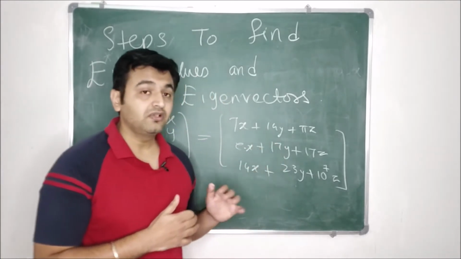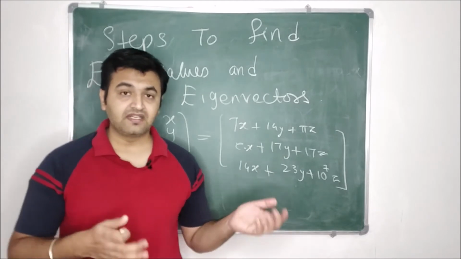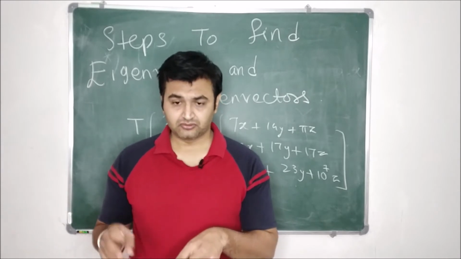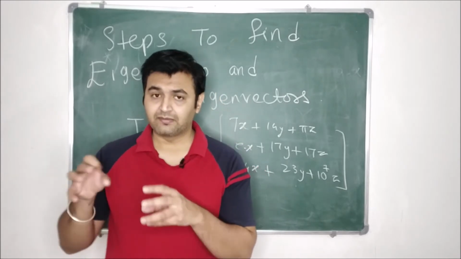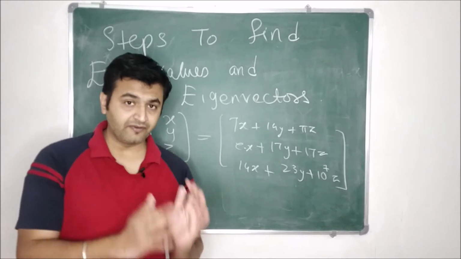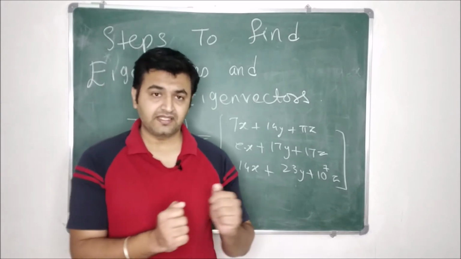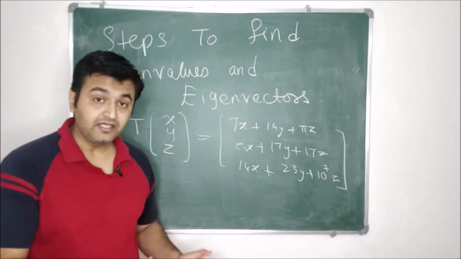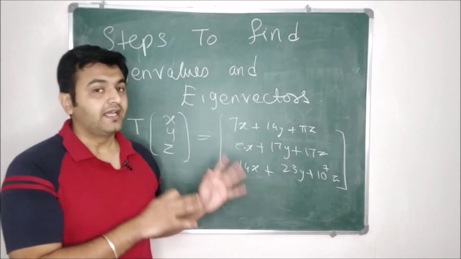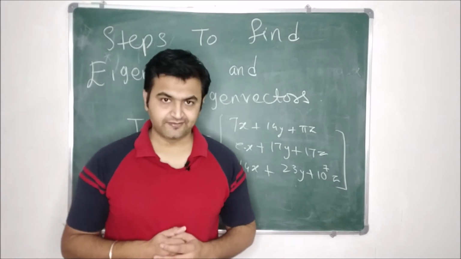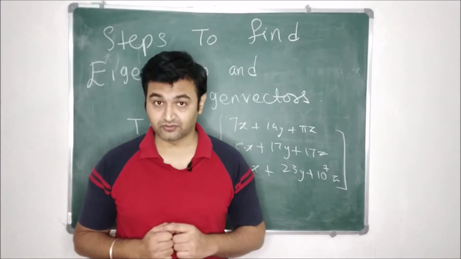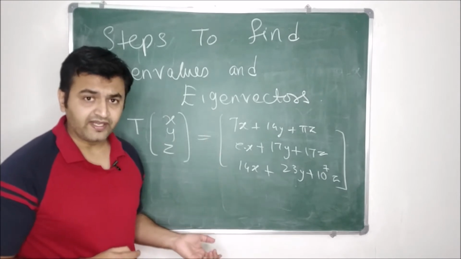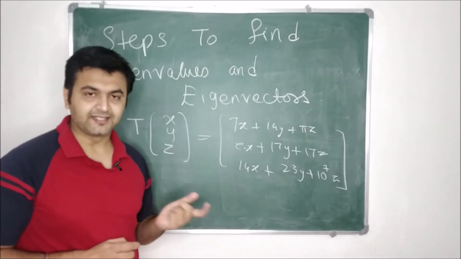While doing this, you have to observe one thing. While defining the notion of eigenvalue and eigenvector, we first define the eigenvector: T of v is lambda v, and that lambda we call the eigenvalue. So while defining, we first define the eigenvector and then say the corresponding lambda is the eigenvalue. But while finding, we first find the eigenvalue and then we find the eigenvectors. That's another thing you are going to observe. Now let me give a little idea on how to find eigenvalues and eigenvectors, and then I will write down the precise steps.